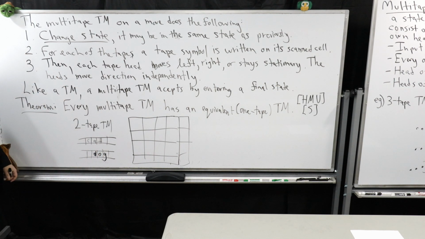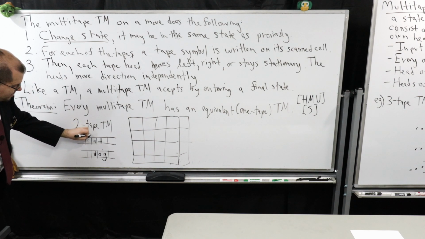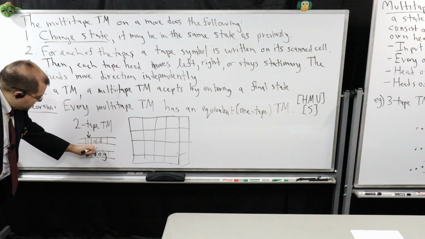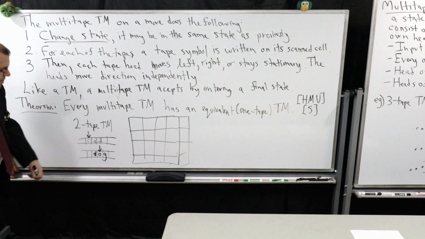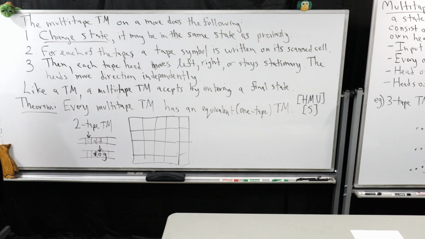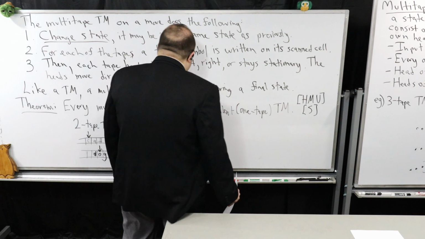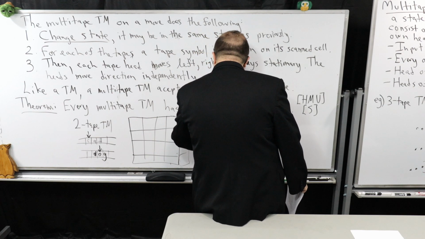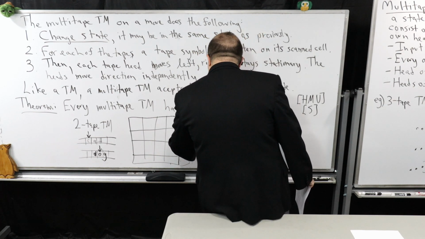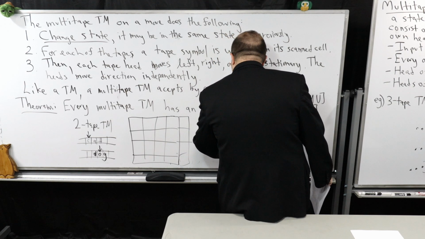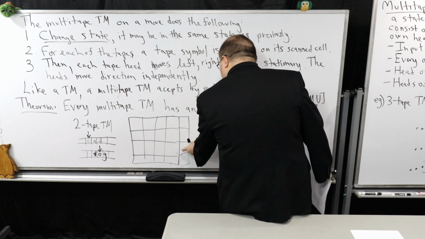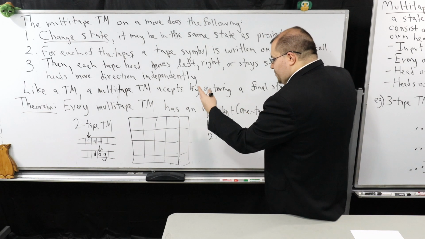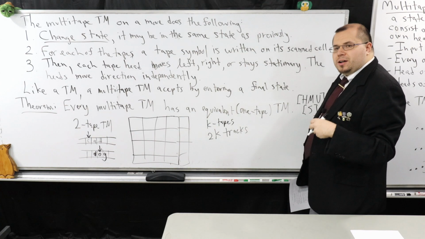Say it's cat and dog like this, and the first tape head is pointing right here, and the second head is, say, right here on the O. So one way you can go about this is, if I have K tapes, you use 2K tracks. Notice I have 4 tracks here because I have 2 tapes. And if I wanted to encode this information on here,